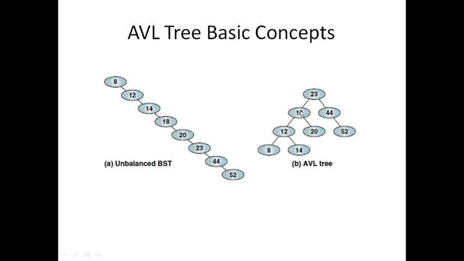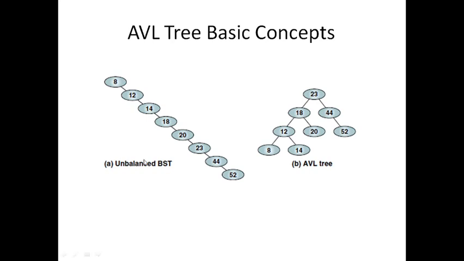The way to calculate the balance factor is we have to find the height of the left subtree and the height of the right subtree, and the difference has to be either 0, 1 or -1. So if you compute it for this example, it will be 3 plus 1, 4, which is the left, and 2 plus 1, 3, which is the right. So the difference is 1. So it is a balanced tree, and so it is also an AVL tree. Because the BST given here is balanced, we can also call it an AVL tree.